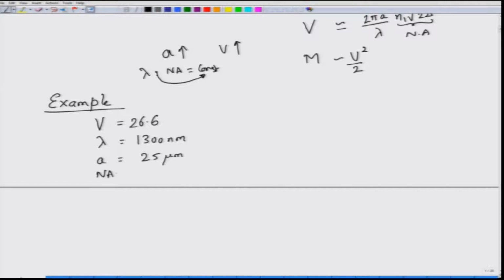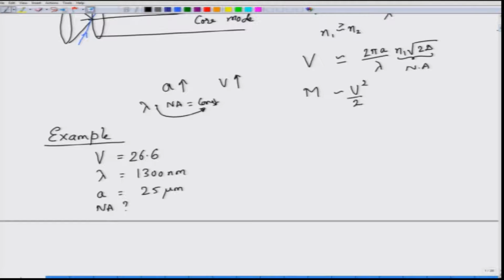So can you calculate what is the numerical aperture here? I will just solve this example because I know the equation here. V is given by 2 pi A by lambda times numerical aperture. Since all the other parameters lambda, V and A are given, I can invert this equation to find out the numerical aperture. Numerical aperture is in the numerator, so this must be equal to lambda V divided by 2 pi A. So hopefully that is the correct expression. Yes, this is the correct expression. Substituting the values here, what you get is a numerical aperture of 0.22. You can see that the numerical aperture is also not small.